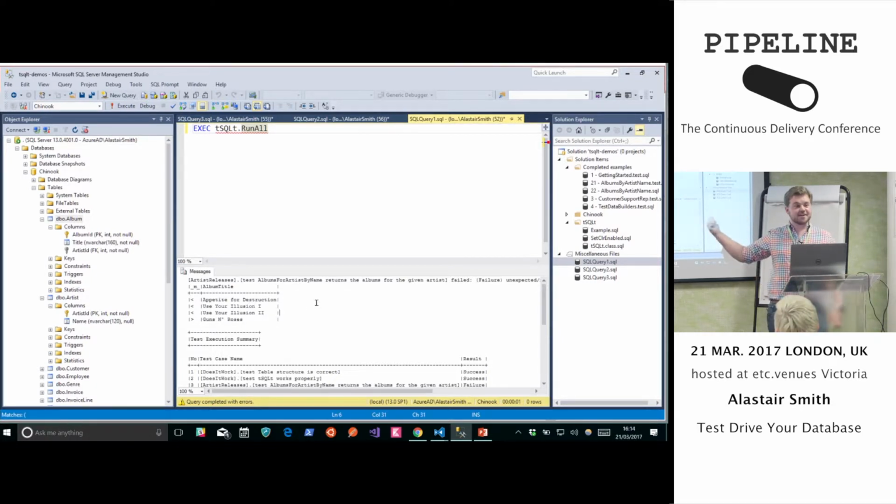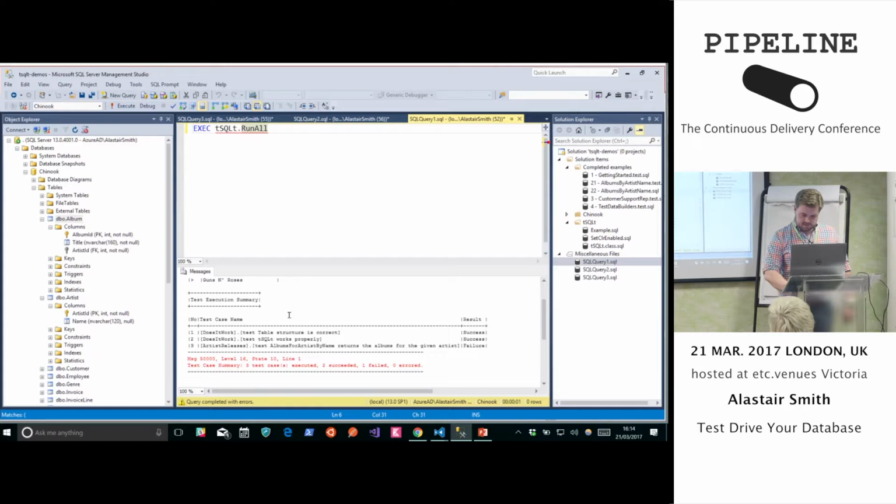What we have here is a really nice feature of tSQLt, which indicates the differences between the expected and the actual tables. The expected table contains everything that we asked for, and the actual table, for some reason, has Guns N' Roses in it. But what we've not done at any point is actually write the code for this stored